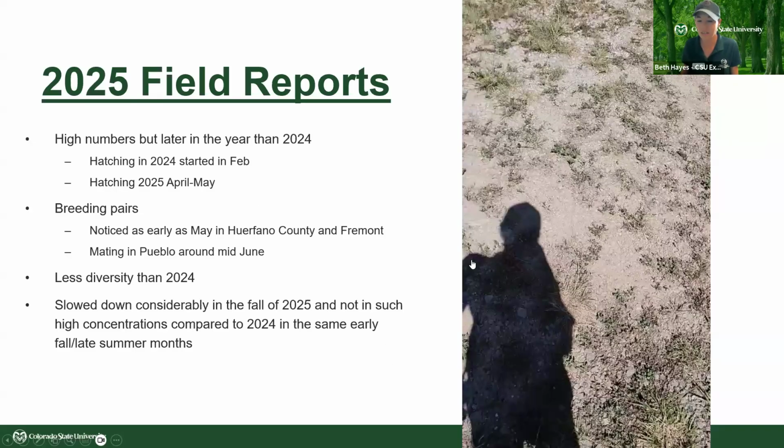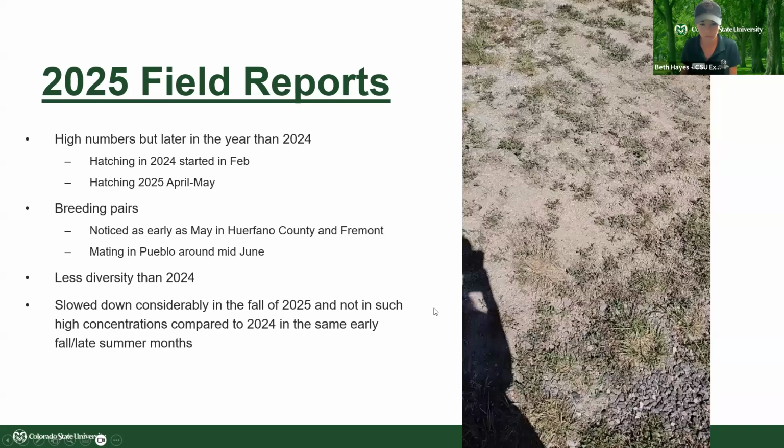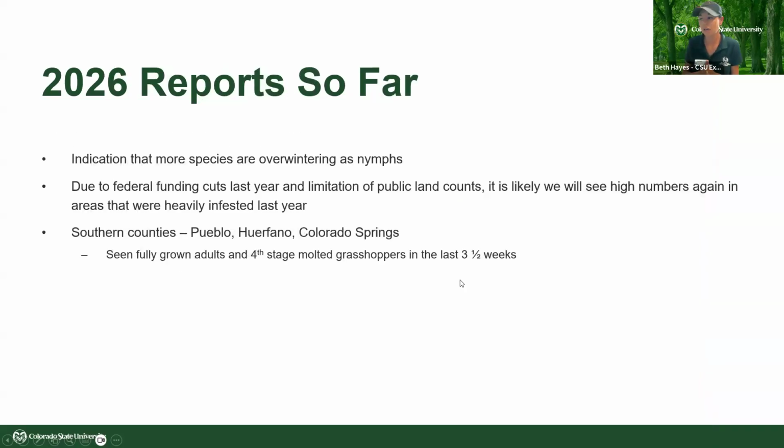We did notice less diversity last year than in 2025, but it doesn't mean we won't see it this year, just because they're being pushed out from the other states that are even drier than we are, from our different corners of our state. So, all right, talking about this year so far, from the field reports I have seen,